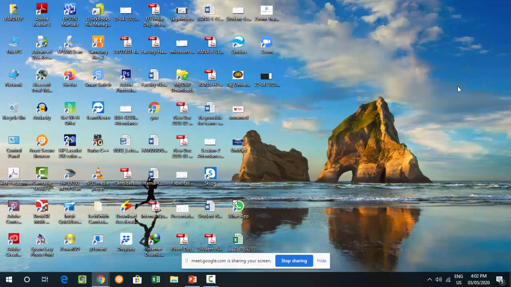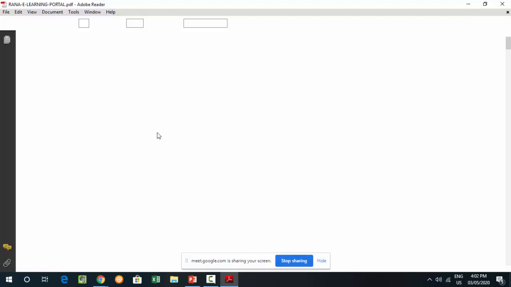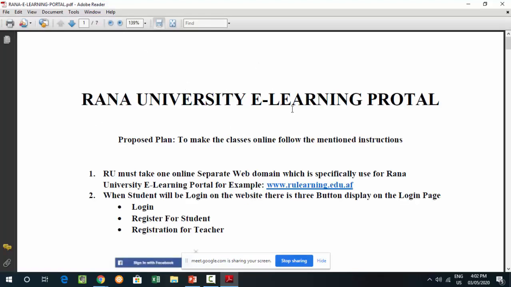Now whatever activity or document you open in front of your screen, your student is able to see all those things on their laptop, iPad or desktop, and whatever task you perform on your computer will be displayed to your students, and they can easily see all the options on their screen.